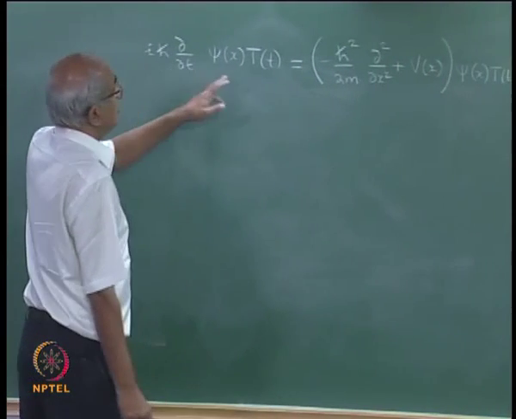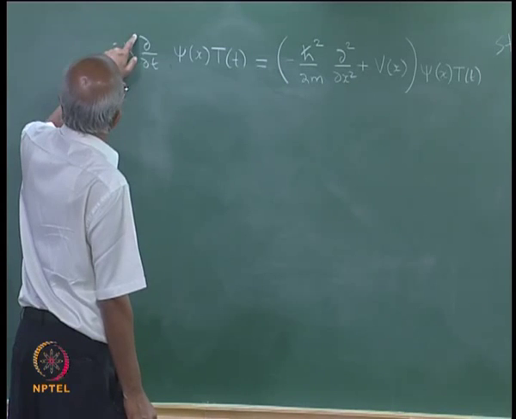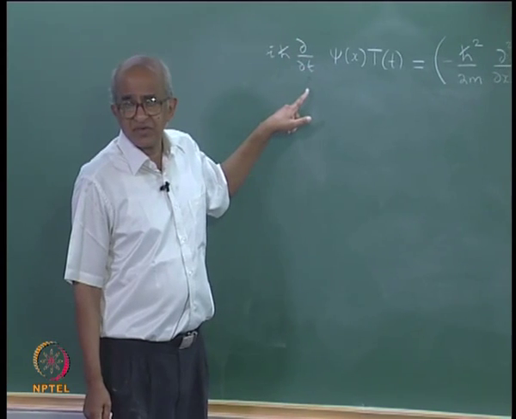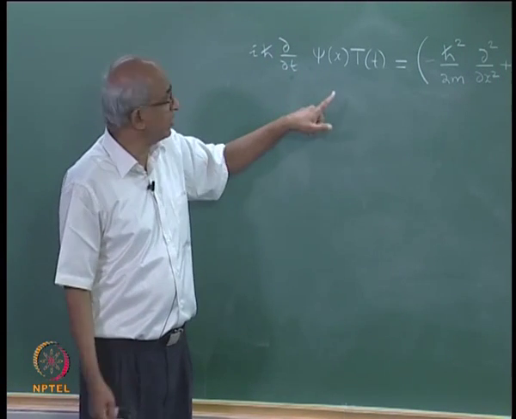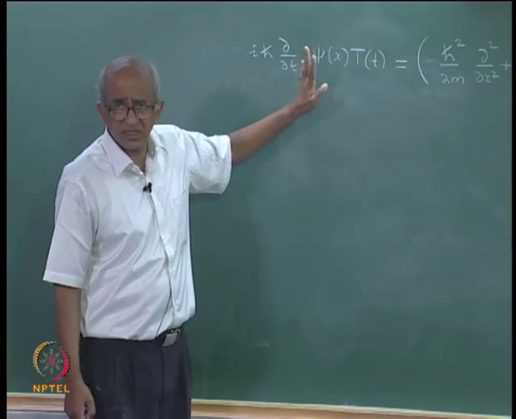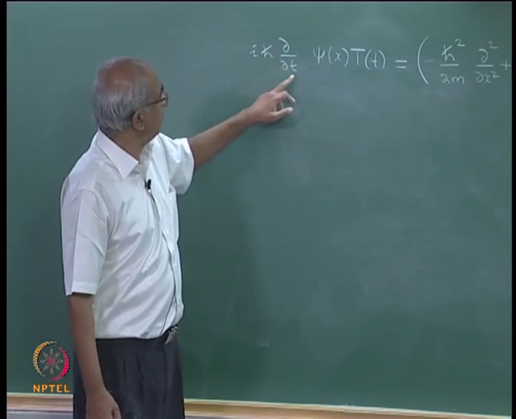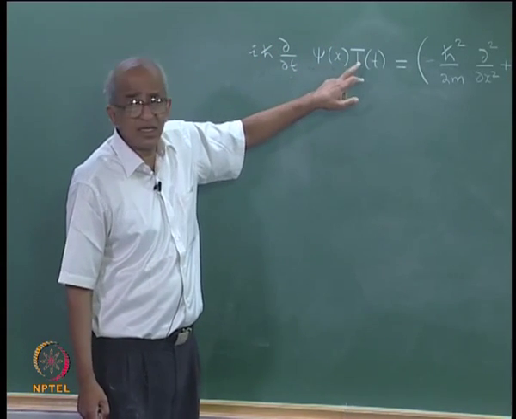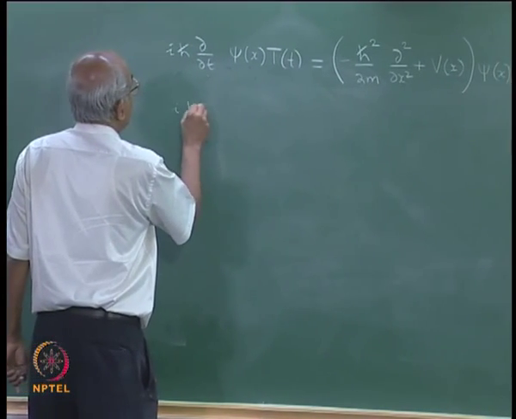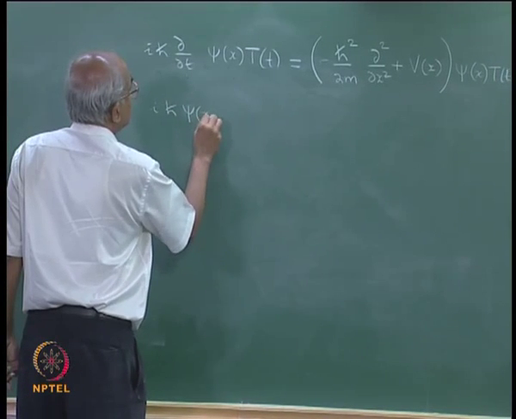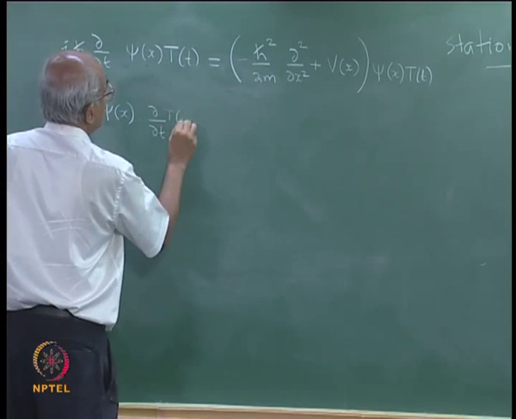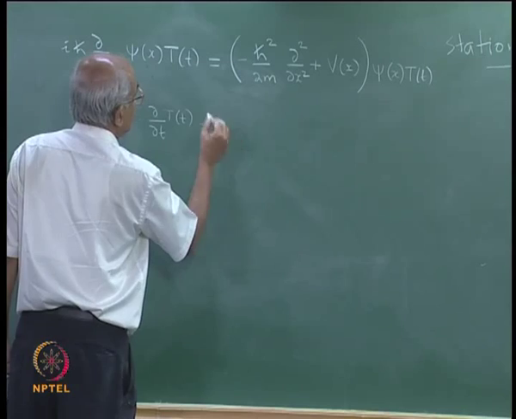But then if you look at the left hand side of this equation, you have partial differentiation with respect to t. Now, when you are partially differentiating with respect to t, that means you are not allowing x to change. So, as far as this differentiation is concerned, psi of x is a constant. So, it is not affected. So, this partial derivative is going to affect only capital T. So, therefore, I can write this as i h cross psi of x ∂/∂t operating upon capital T of t, and that is equal to